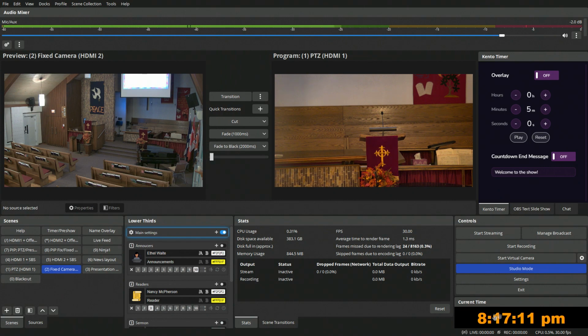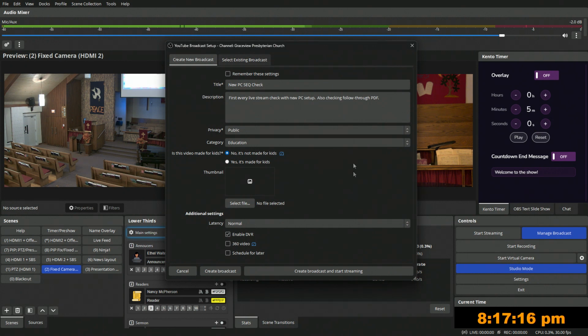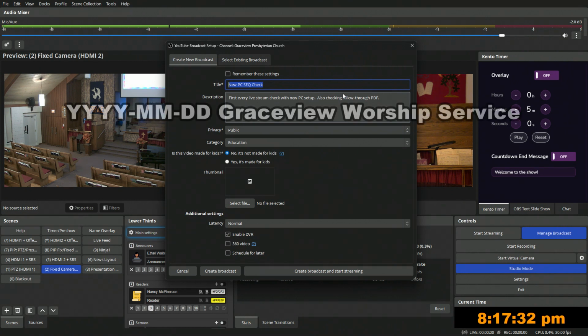So now let's learn about the Manage Broadcast settings. Once you click Manage Broadcast, you'll be shown this prompt. This is where you set up the whole live stream. So of course, our title over here, we'll put in our title using the same format. That'll be year 2023, month 11, so November, and then the date. So we'll put in the 19th,